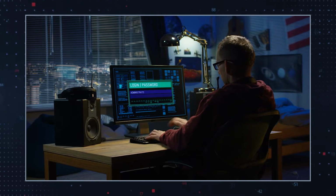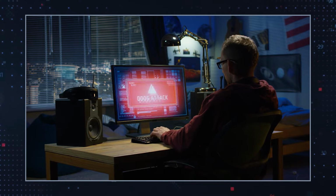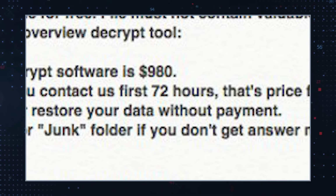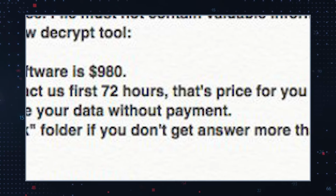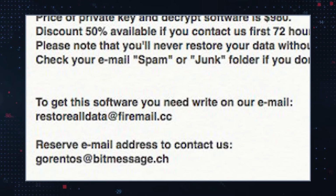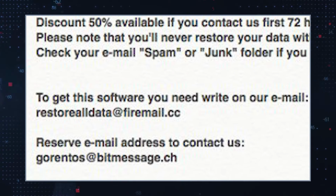TOHJ Ransomware's operators promise to unlock the affected files for $980. However, they do offer a 50% discount should victims establish communication within 72 hours after encryption. The ransom note also instructs users to contact the criminals via